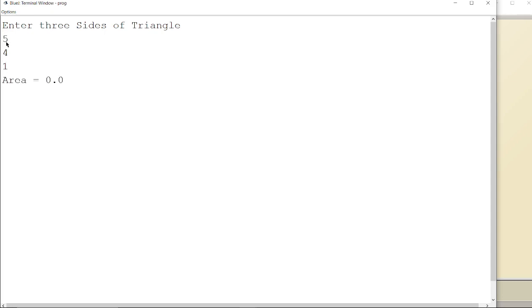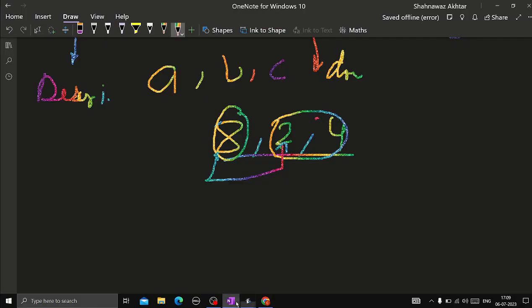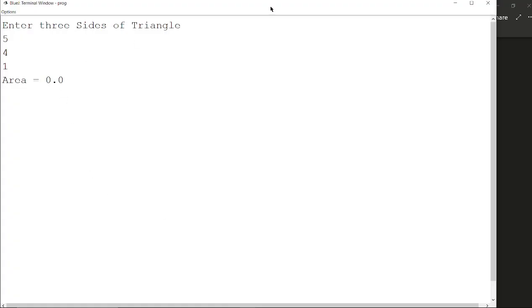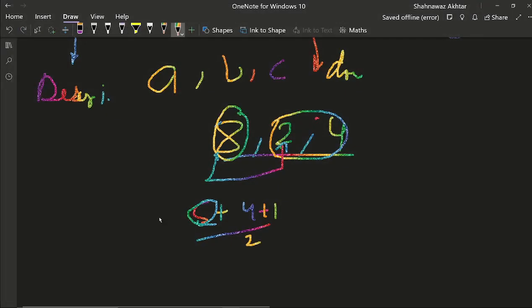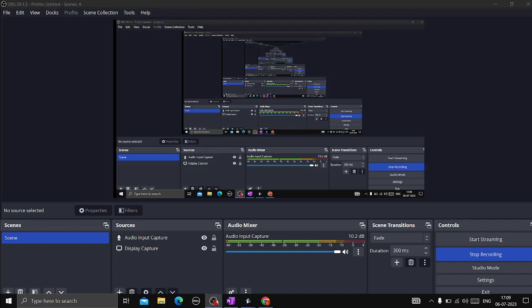4, 1. Area it is showing 0. How is it possible? See, this is 4, 1, and 2. This is 5. Oh yes, this is 0 only. All right. So if I take another example in which the perimeter is not equal to